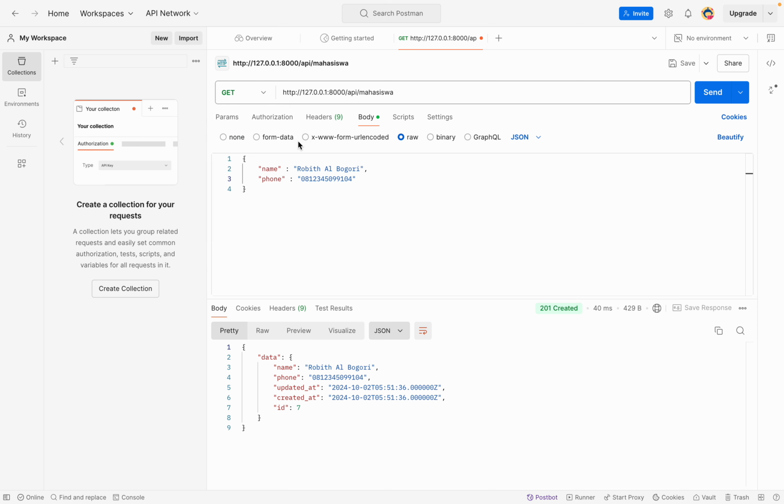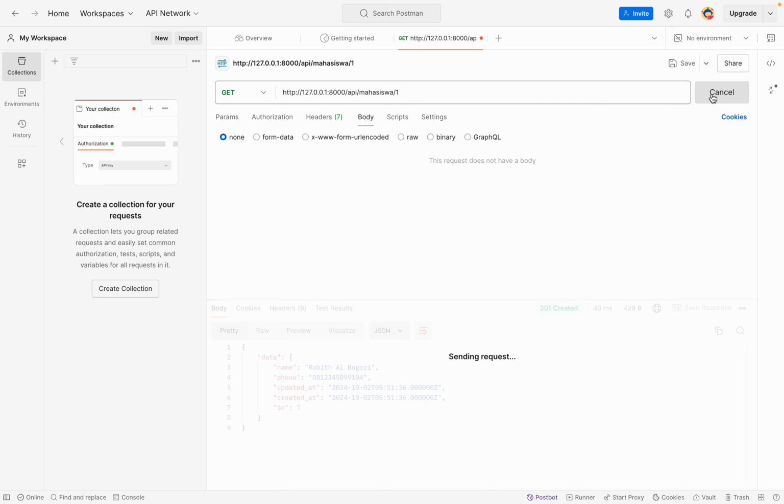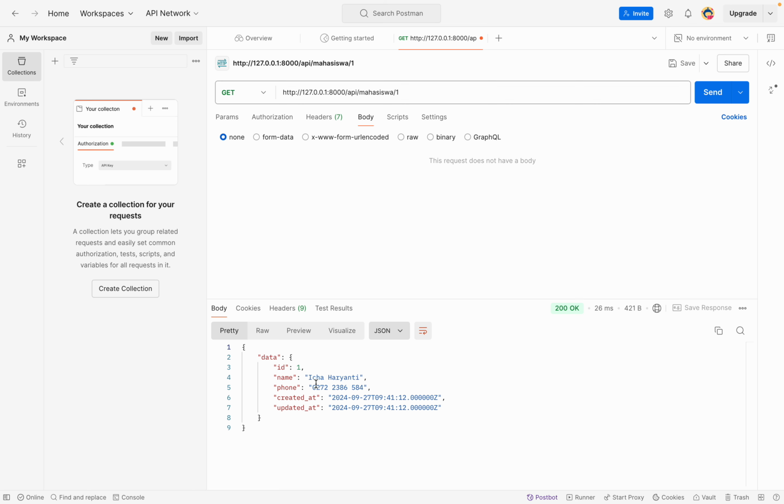And then we will see this in Postman, and see to get. Okay, get. Maybe for example I want to see the first data in this Postman, and I forgot the none, and then we will send the request. The first data is Ica Haryanti, and this is the expand for ID.